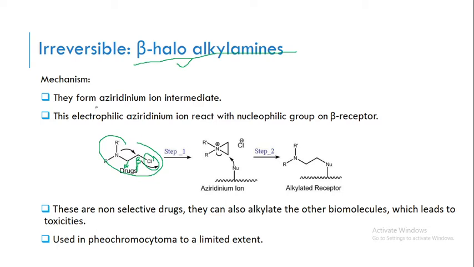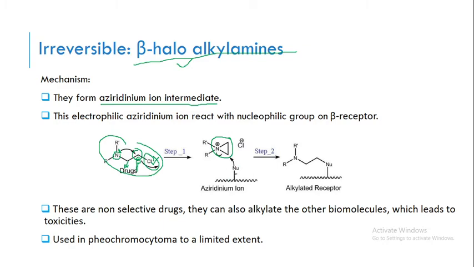And the mechanism is such that in this kind of drug there is a nitrogen. On the nitrogen, a lone pair is there. So this lone pair acts as a nucleophile and attacks this carbon because it is highly electrophilic in nature, being attached to the chlorine, and that forms an aziridinium ion. So the main mechanism of such beta haloalkylamines is aziridinium ion intermediate formation,